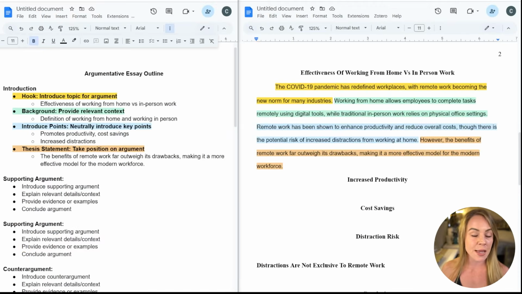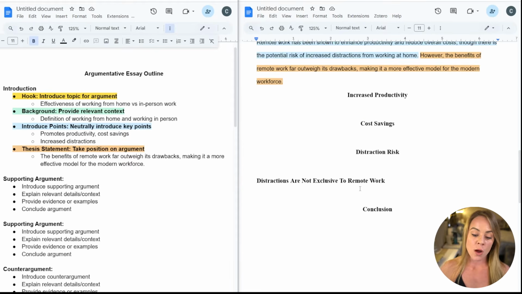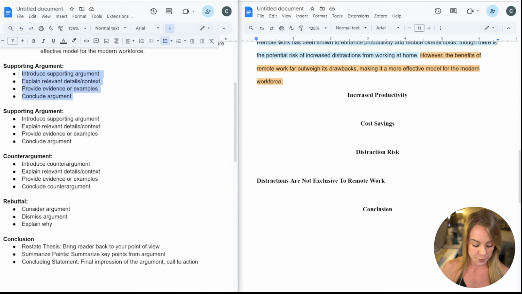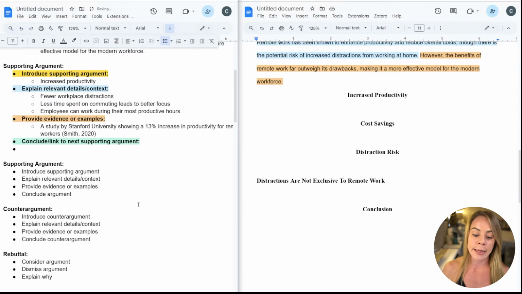And in our thesis statement, since that introduces our stance on the argument, this is why I like to go right into our arguments supporting this, because it's a natural progression. And so I'm going to do the same thing. We're coming over here to our outline. I'm going to color coordinate it and include the information we're going to use to write this section.